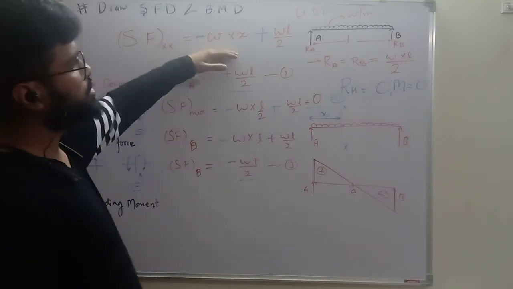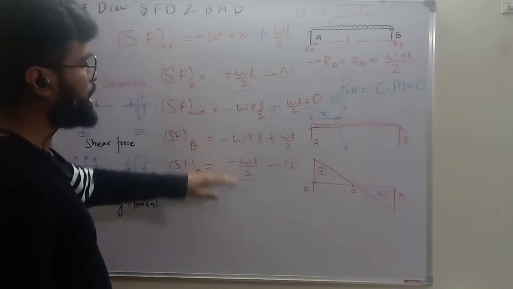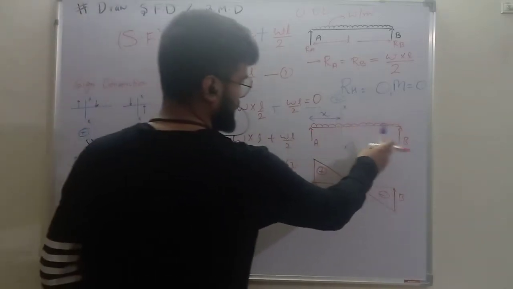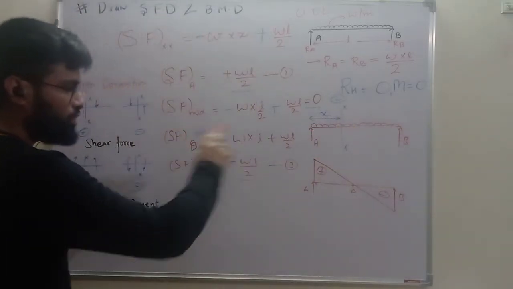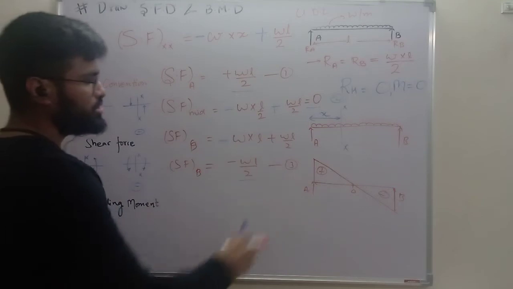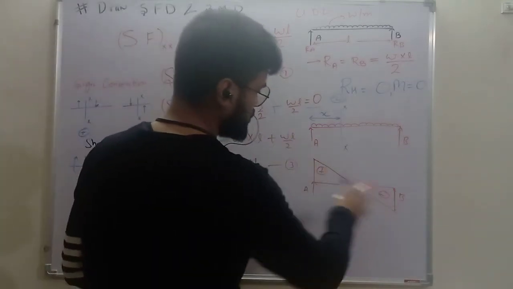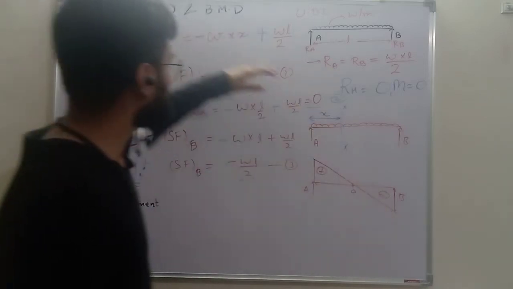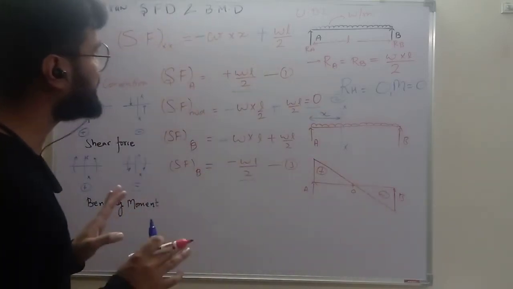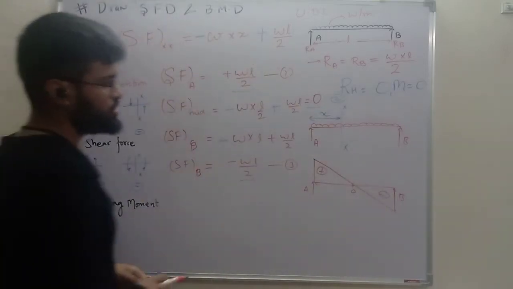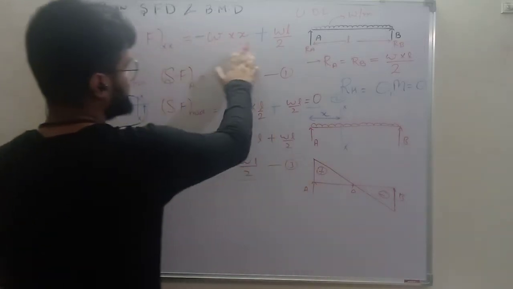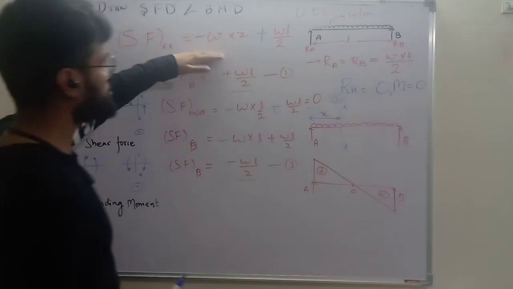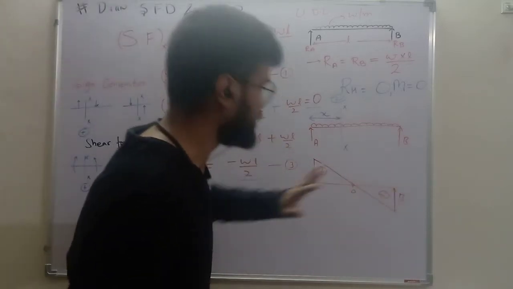Now in this shear force equation, at different locations, I have calculated the shear force at position A, at the center, and at B. After getting the values at A, the center and B, I have just drawn the line. I have got what its shape can be. From this equation, it is clear that it will have a linear shape. It will be a straight line because this is a linear equation. So this is the equation of a straight line, so we will get a straight line. It is clear.